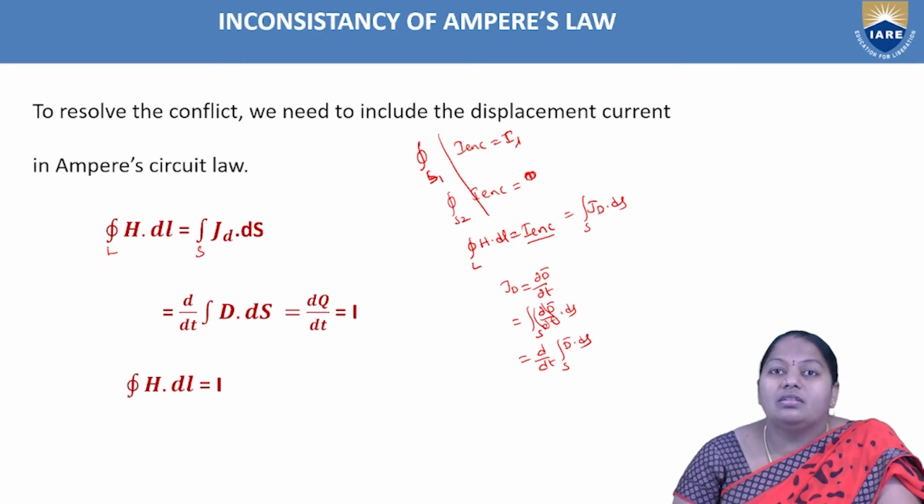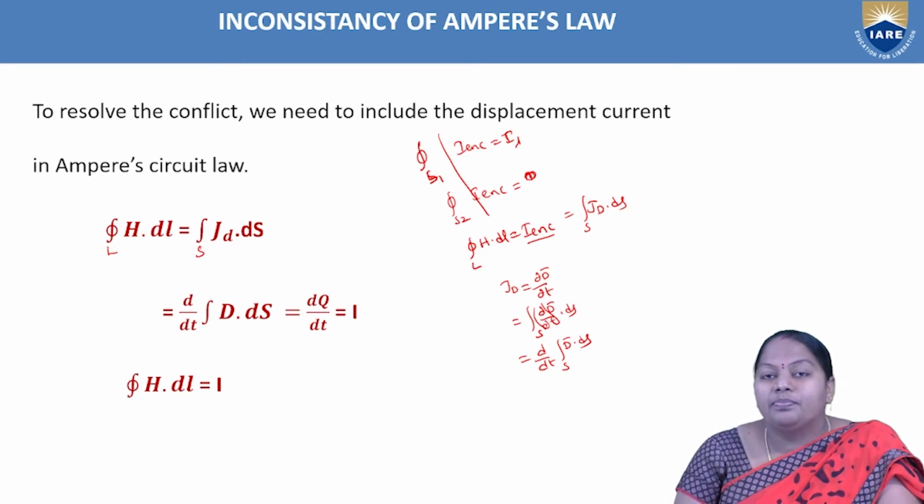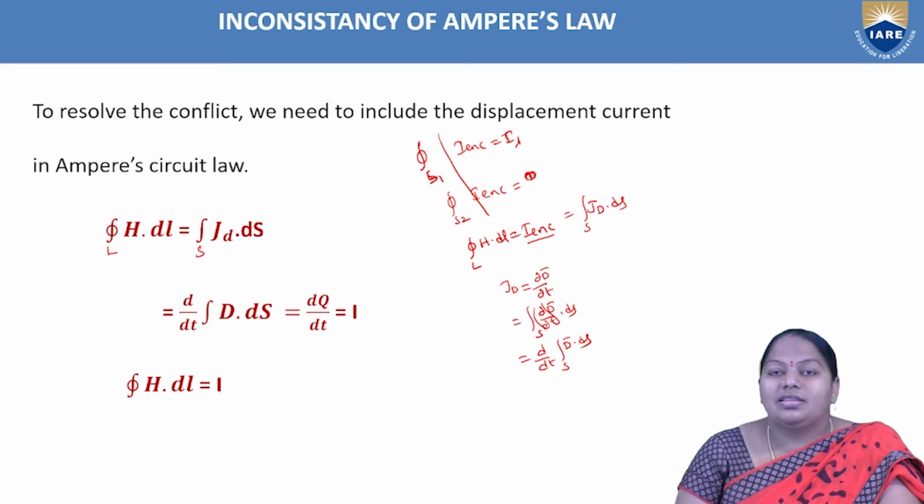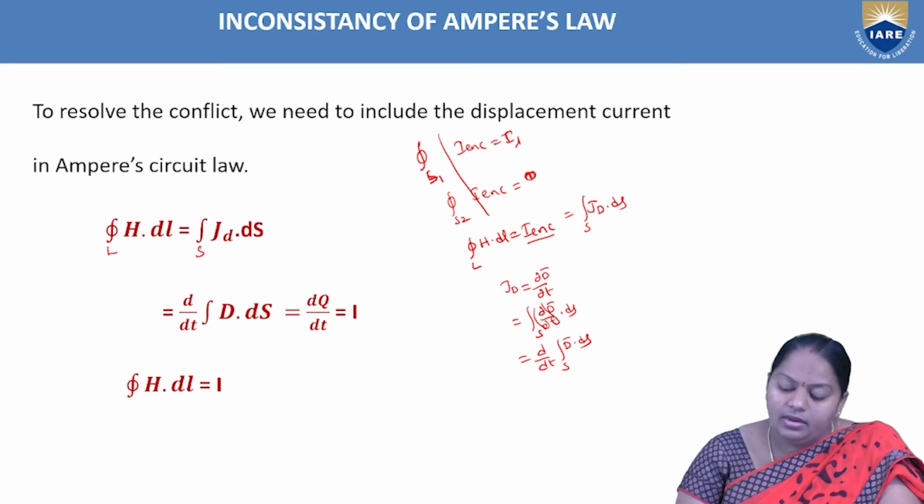Here D bar is nothing but the electric flux density, and it is also called electric displacement. So according to the Gauss law,